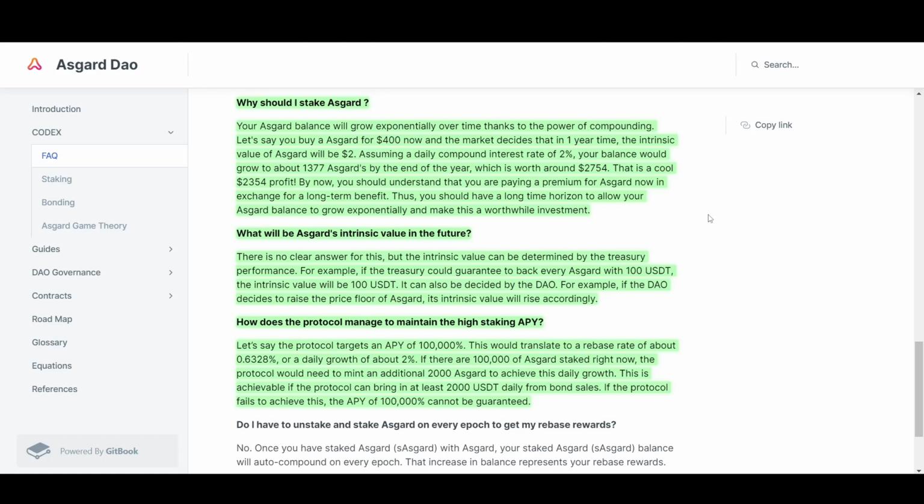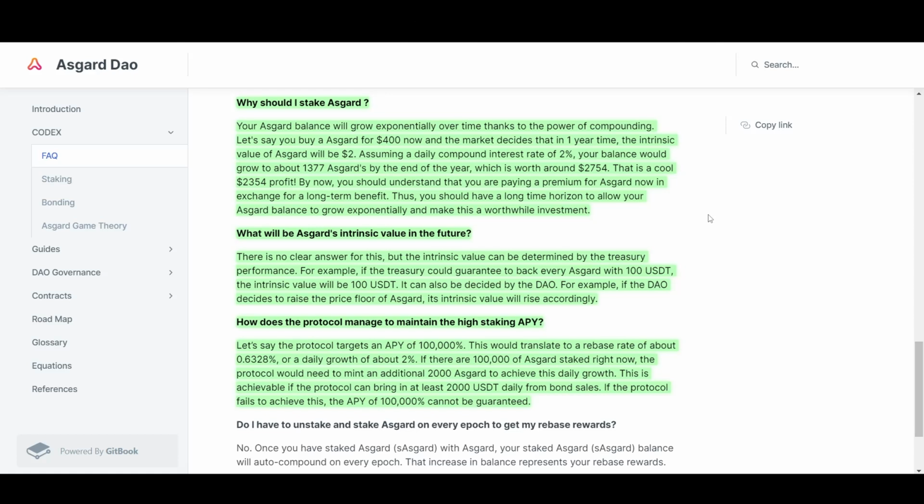Trading is fun, but you have to have diversification and allocate your positions accordingly, and have a set amount of money for risky trades and allocate a certain amount of money for long-term investments. So that was a pretty cool example showing there if even Asgard dropped down dramatically with the APY, you will still be earning a nice return.